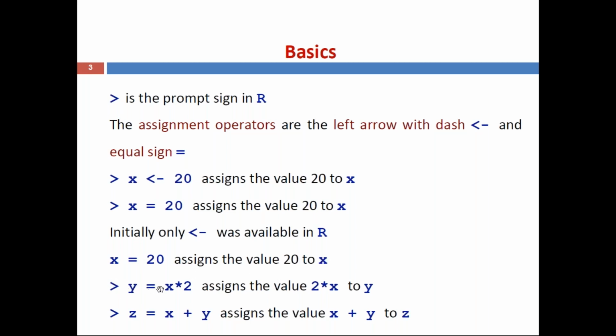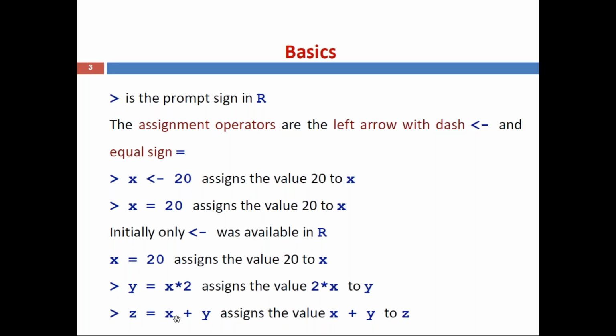If you want to compute some operation, that result can be stored into another variable. Let us assume y. y = x * 2. That is multiplying x with 2. So it assigns the value of x times 2 to y. Whatever the x value, earlier we have taken 20, that is multiplied with the constant 2. 20 into 2 is 40. That can be stored into y. Now what does y contain? 40.